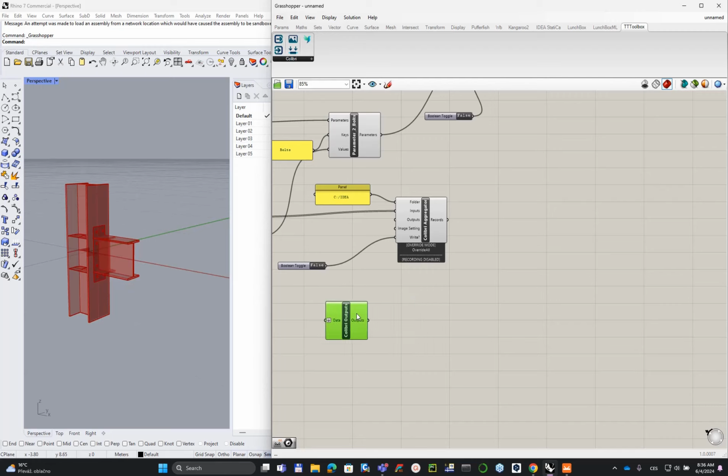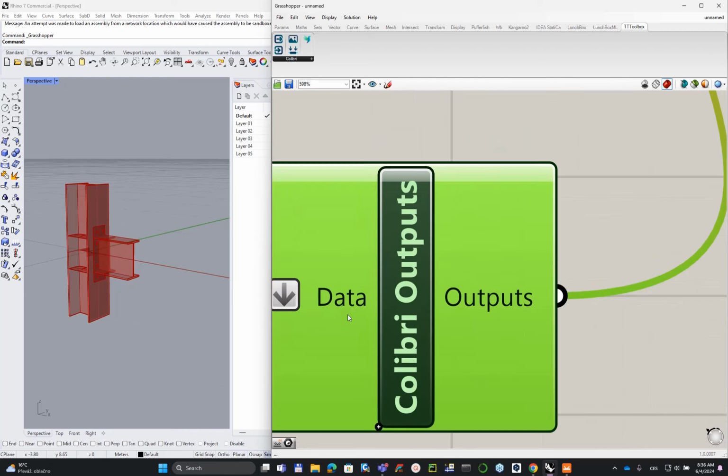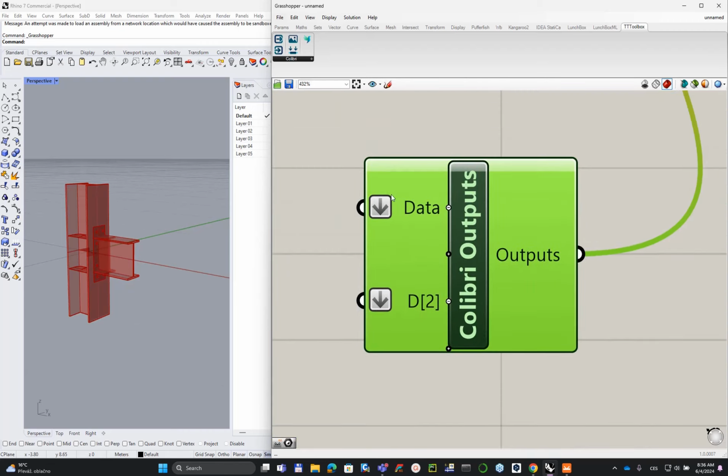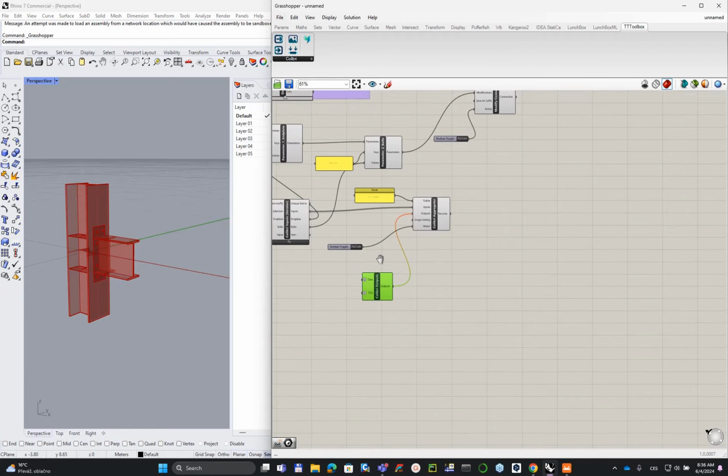And basically, the Colibri outputs have to be linked with the Colibri aggregator. And the part here, if you go closer and create another row, so as you can see, another row has been created, and we can link it with the results we would like to extract